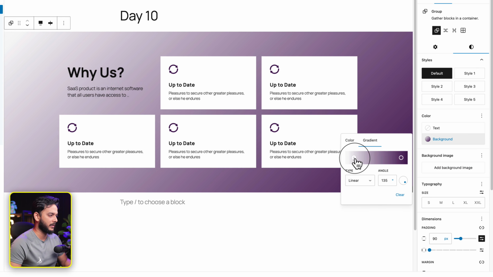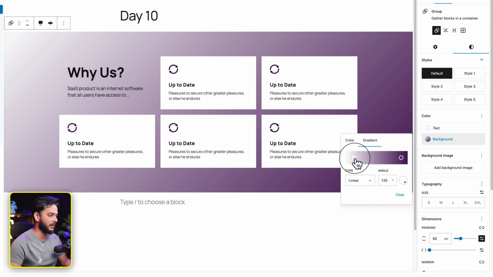Now as you can see, there is another angle, which is basically the layouts. You can change the angle from here, which is 90 degrees, 100 degrees, or 180 degrees, and as you can see, it's close to 90 degrees, but not exactly. Let's change it to around 100, which looks okay to me. Now if I click publish and view the page,